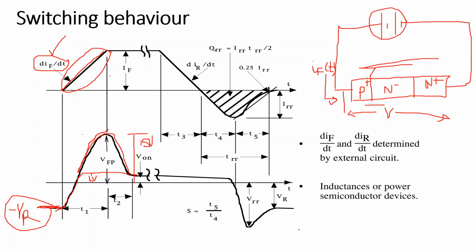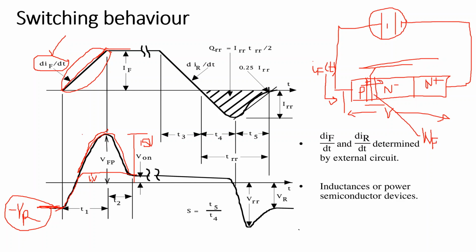Now when the current becomes high and constant, because the diode has forward biased completely and the depletion region has reached the width of WF, the forward bias width of the depletion region, then the current becomes constant